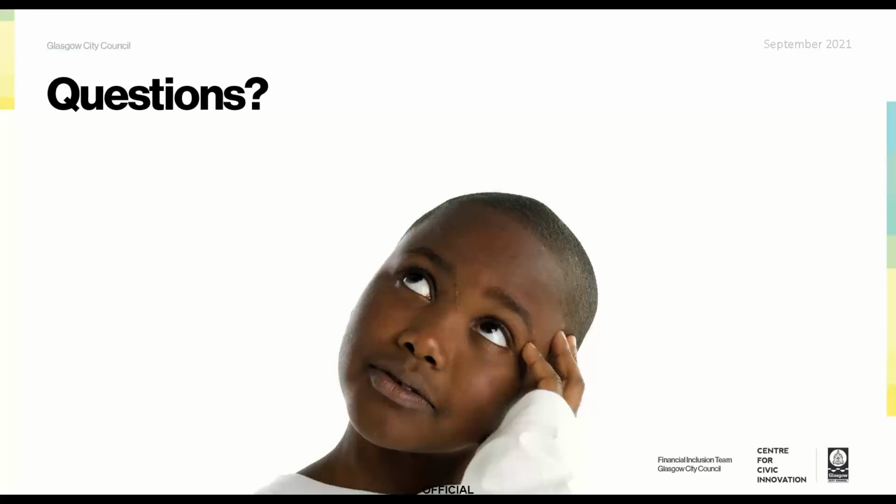What I would say is that with GDPR, because we're using this information from the benefit system, we're prevented from actually contacting people, even though in the first report we know that there's over 3,000 families not receiving either education maintenance allowance, free school meals or school clothing grant. We know who they are and we know what their income is, but GDPR prevents us from going and telling them about that.